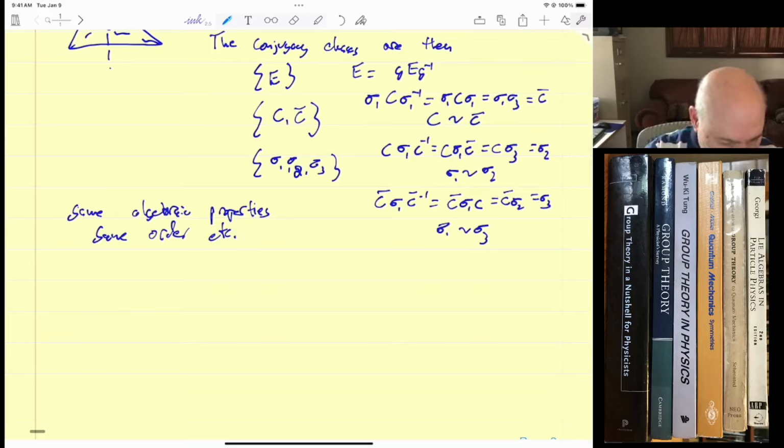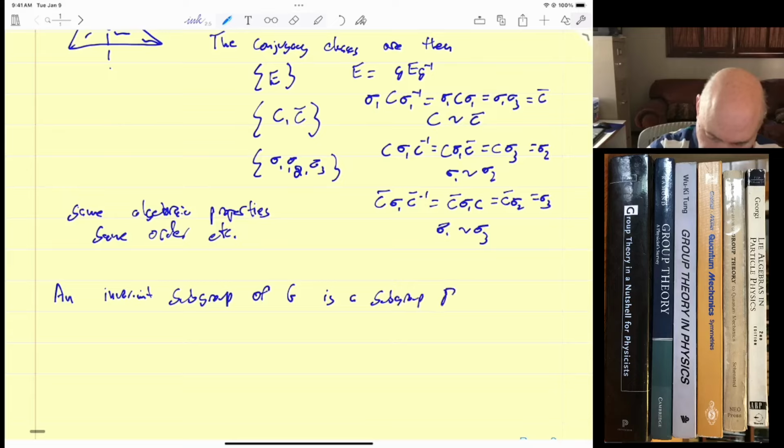And an invariant, let me make another definition before I give an important theorem. An invariant subgroup, sometimes called a normal subgroup, older terminology. Actually, normal subgroup is probably the mathematical terminology, and invariant subgroup is the physicist terminology. But an invariant subgroup of a group G is a subgroup,